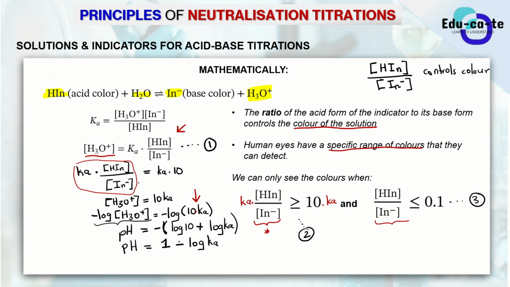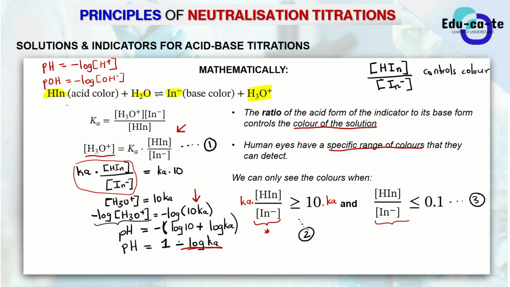Remember that whenever you have negative log of a certain expression, that is a p function. Whenever you want the function pH, you have to find the negative log of the H plus ions or the H3O plus ions. It is the same thing when you want to find pOH: you just find the negative log of the OH minus ions. So whenever you want the p function for a certain reagent, you just say negative log of that reagent. In this case, this is negative log of Ka, so that is the pKa.